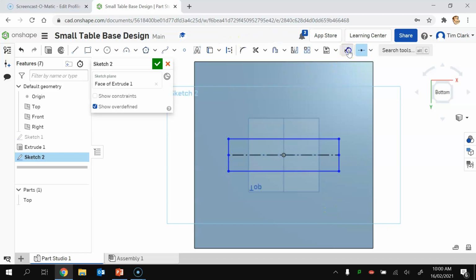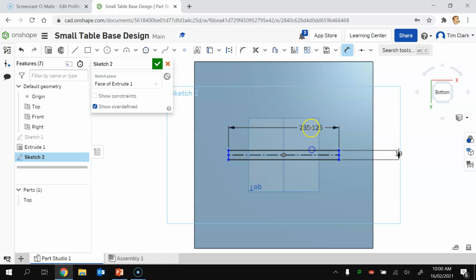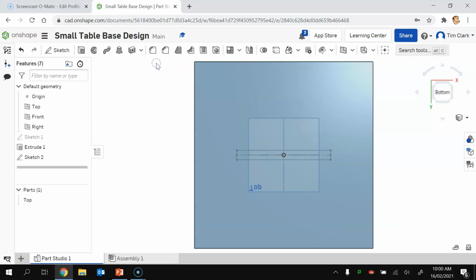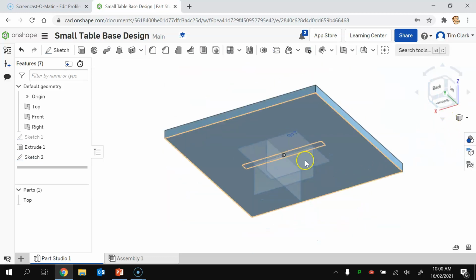I'm now going to use the dimension tool to change this size to 19, which is the thickness of our timber, and we're going to change the dimension of this side to be 200, which is the defined size in the design brief. I'm then going to press on tick to actually move that out, and I'm going to use